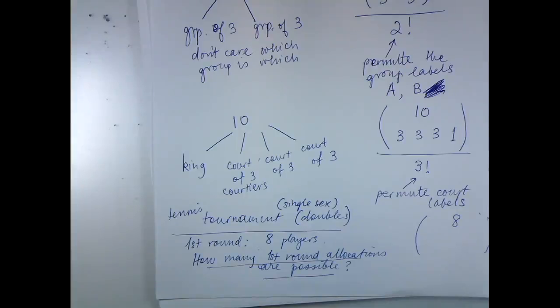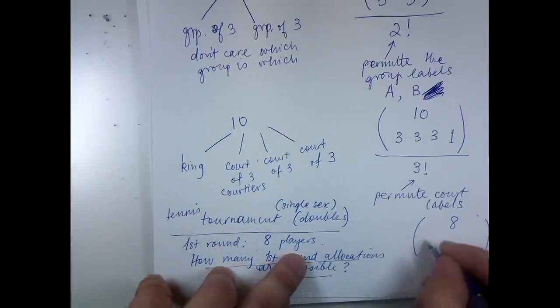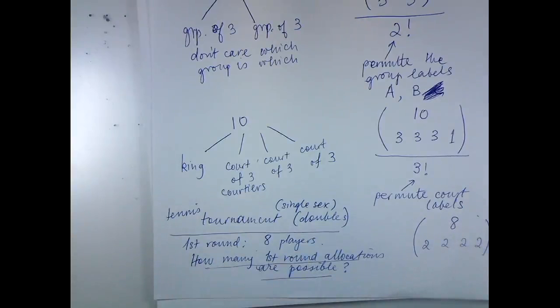And there's actually many ways you can get to this answer. Well, let's start by doing it with the 8-2-2-2-2. You could also start with 8-4-4, because that would decide who was on which court first. But let's do it by doing 8-2-2-2-2. So that specifically